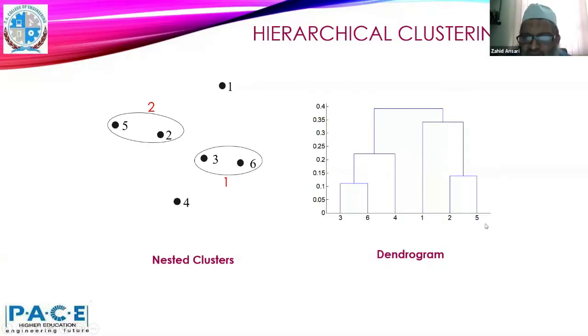How do we see the order? I'll tell you. See, this height tells when they first got merged. So 3 and 6 got merged first over there, right? Because they had the minimum distance. The next merging is at this level, between 2 and 5. So 2 and 5 got merged as per the max link. Now after that, considering the max link, which will be the next merge?